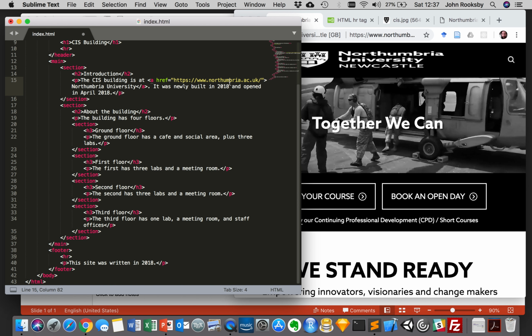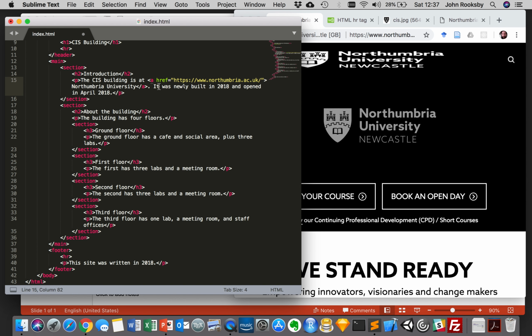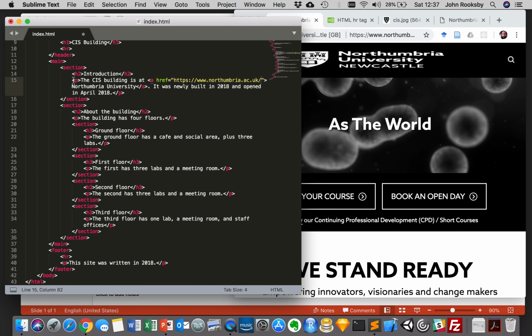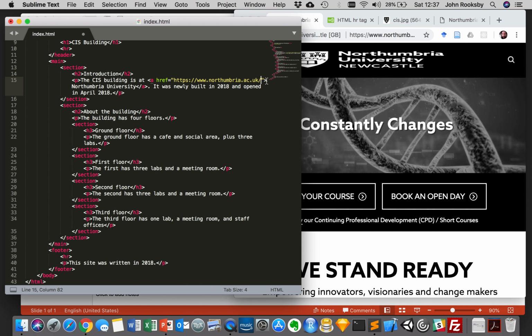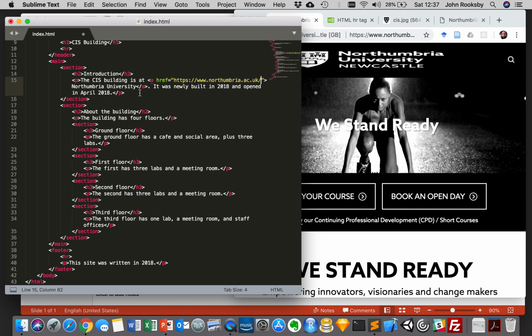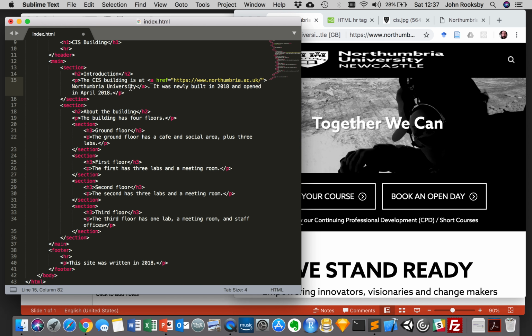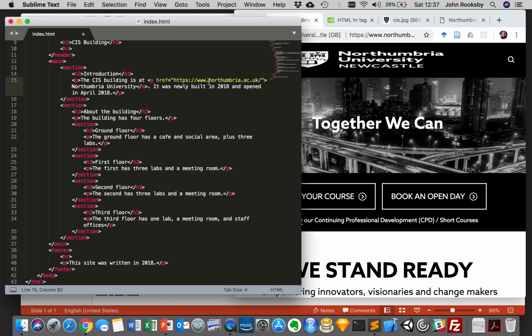Everything that appears within this A tag, between the opening part and the closing tag, these words Northumbria University, will then appear as a link on our webpage. So if we just save that,